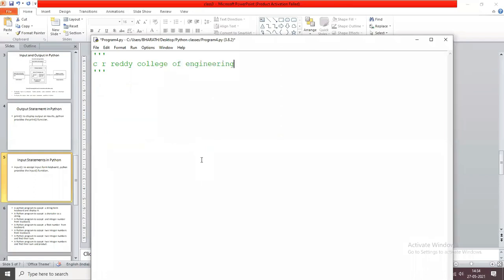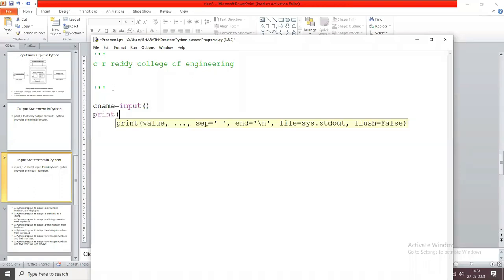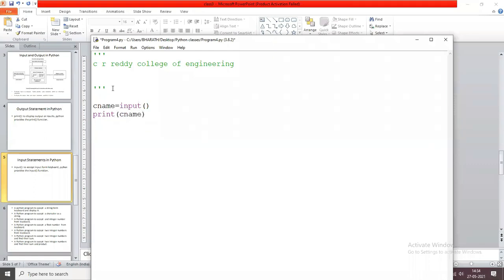Now it prints the same string as output: CR Reddy College of Engineering. How? cname equals input. You just use the input function, and to print, you use the print function, print cname. That's it. If you execute this program,